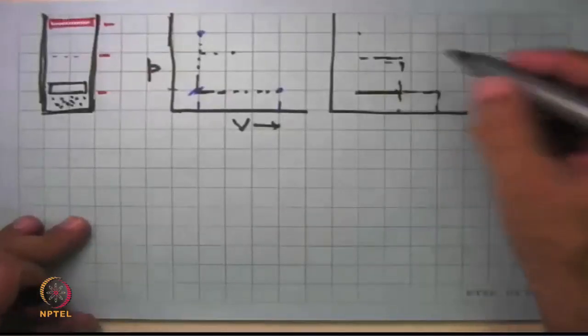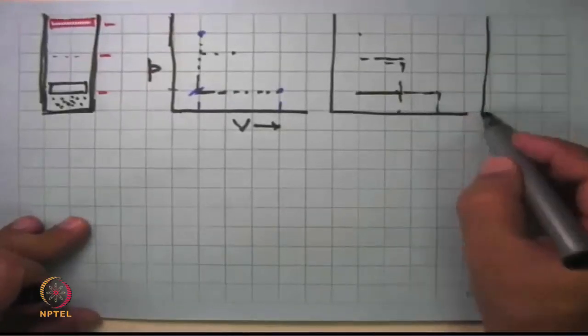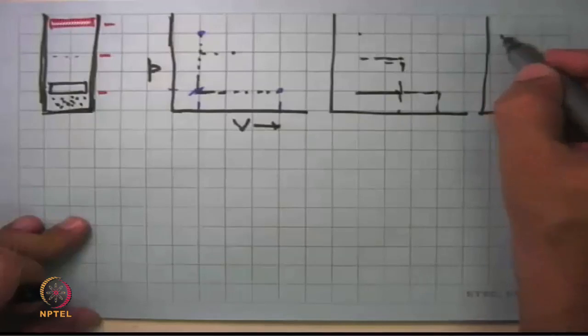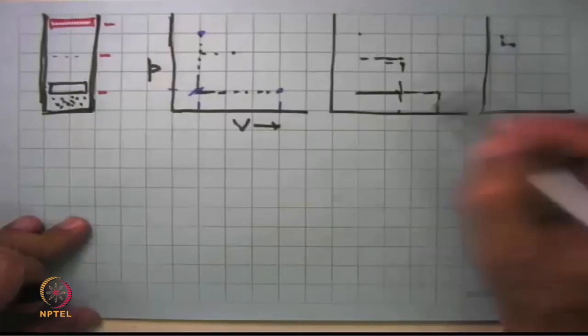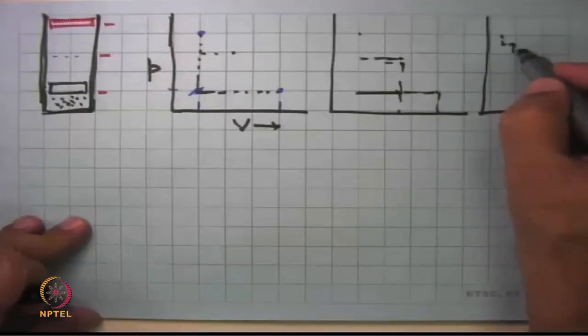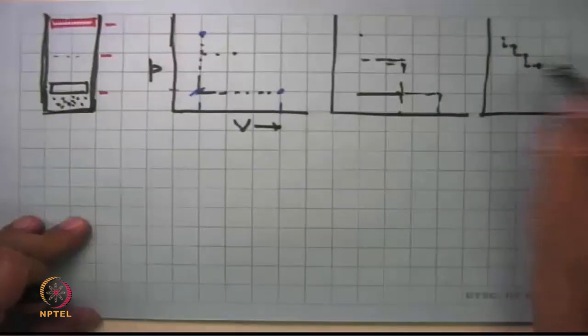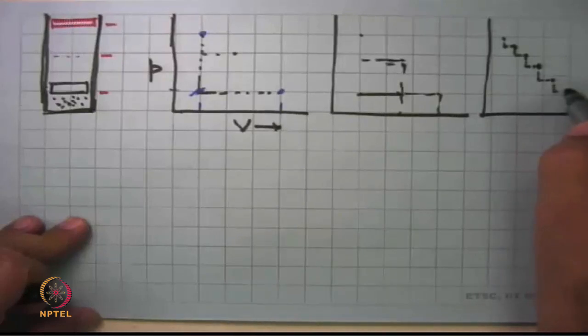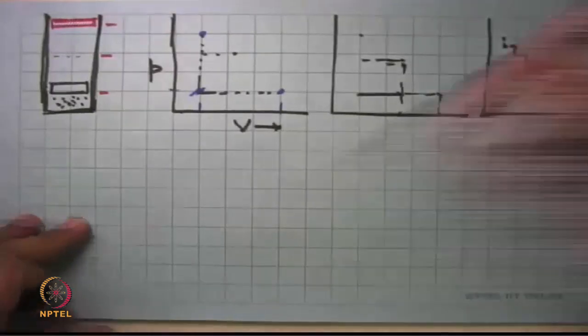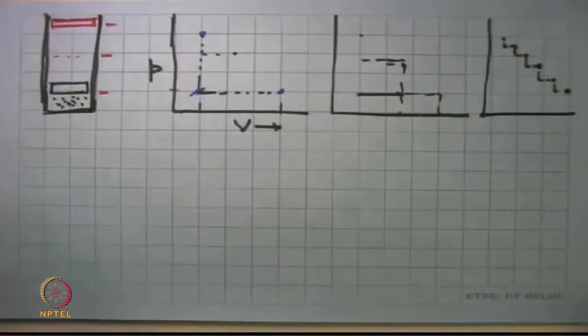And so if we take a lot of very small steps, from here we do a little bit of work, come to this state. Then a little bit of unrestrained expansion, then here. A little bit of unrestrained expansion, then here. A little bit of unrestrained expansion, and here. And like that, we come to a series of states, and then we have a path